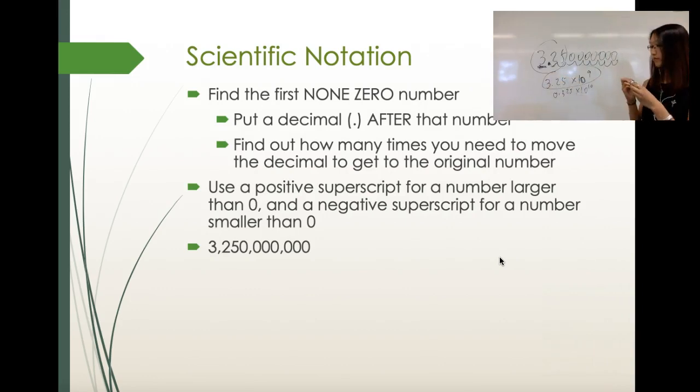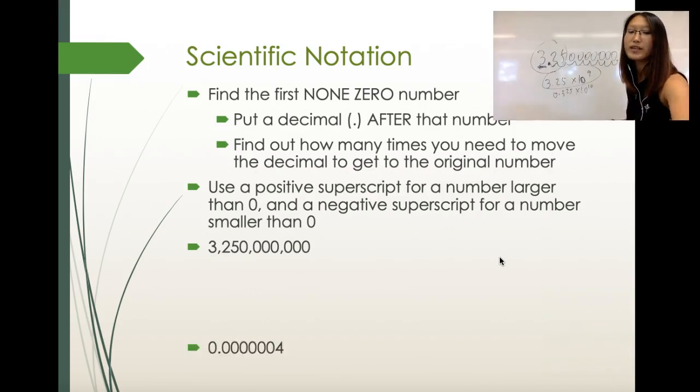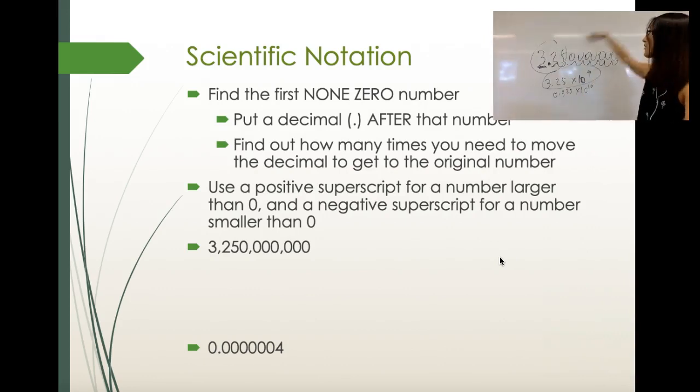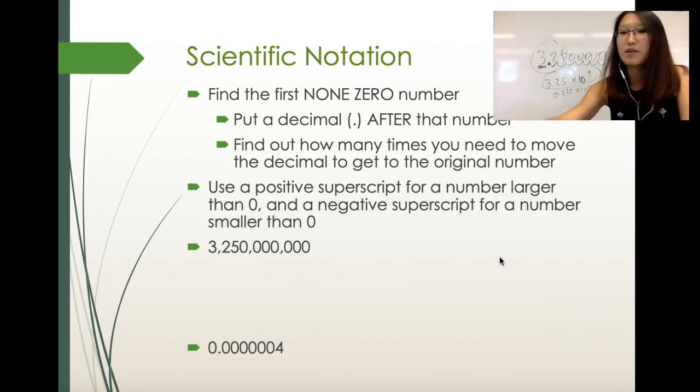form. Okay? Here's something important. When you're looking at a number that's larger than 1 with a lot of zeros behind the numbers, then you want to use 10 to a positive superscript number. Okay? However, if you're looking at a really, really small number,